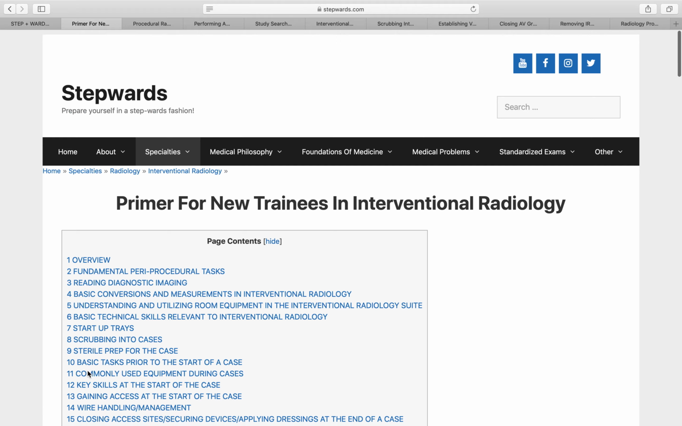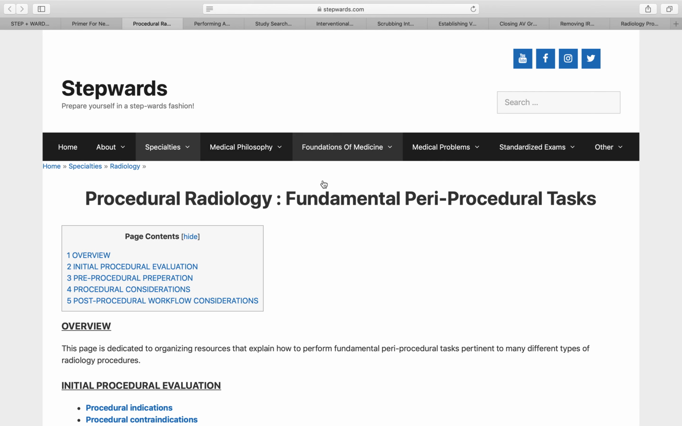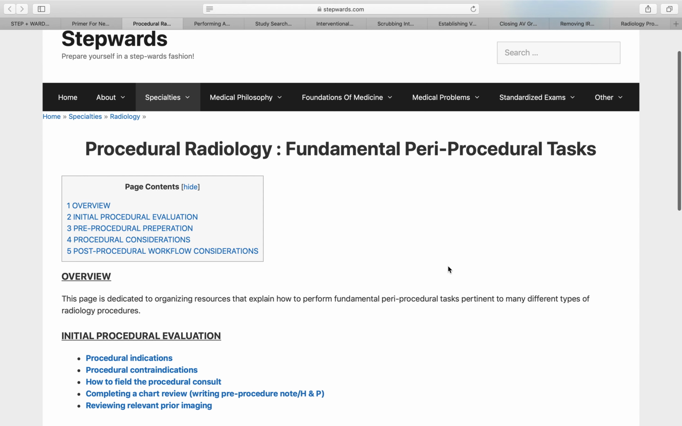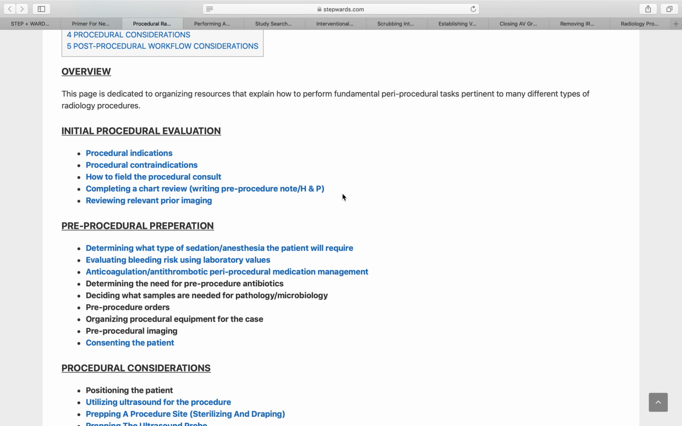So just to go through these different sections, let's start with the fundamentals. This is what I call the fundamental peri-procedural tasks. These are the universal building blocks of any radiology procedure. And I start with these things because I think it's very important to focus on the things that are universal, because they'll apply to everything. So no matter what case you do, you'll have to think about things like indications, contraindications, how to field the consult,